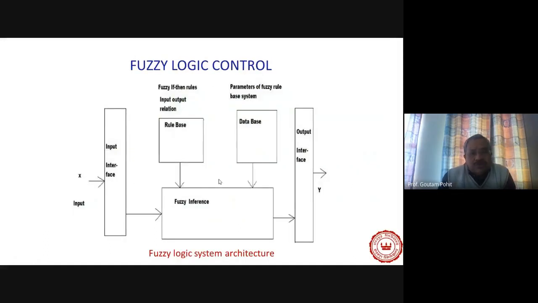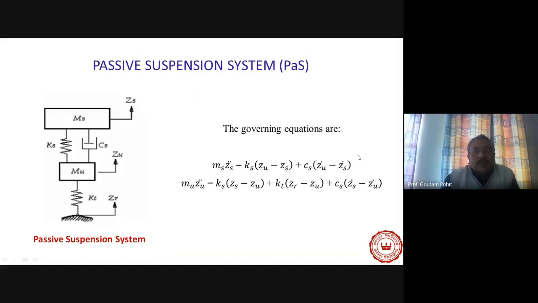So this is the fuzzy logic control architecture. Some input is being given and this is the output, and we can find out those parameters for the fuzzy logic rule-based system. Now we have taken basically a quarter car model, where this is the unsprung mass, this is the sprung mass. We have taken a passive suspension system also, and compared this passive suspension system with the MR damper and also with the MR damper with a fuzzy logic controller. The governing equation for this quarter car model has been